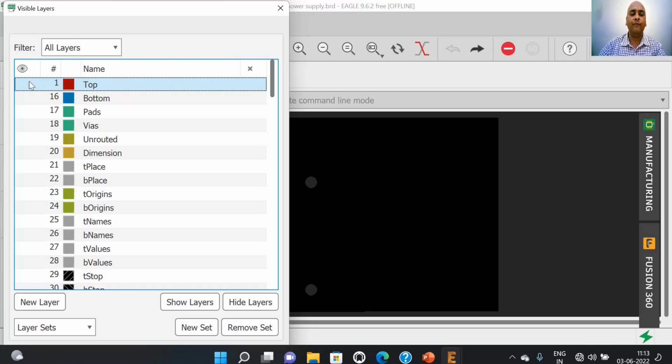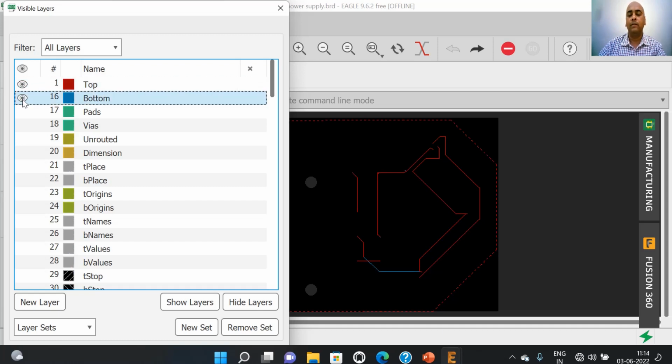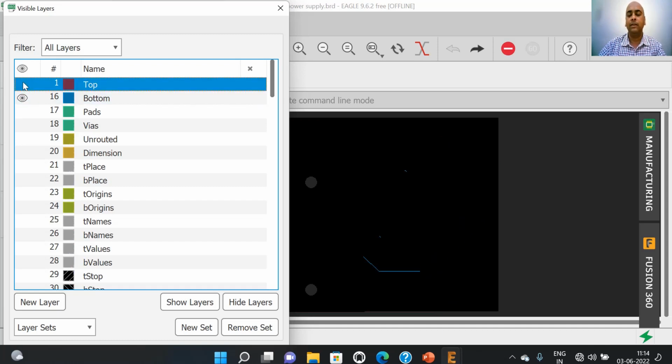By using left click, we can see the layer, and again by using the left click, the layer will become inactive. So this is the top layer. This is the circuit of traces on the top layer. This represents the bottom layer of the PCB.